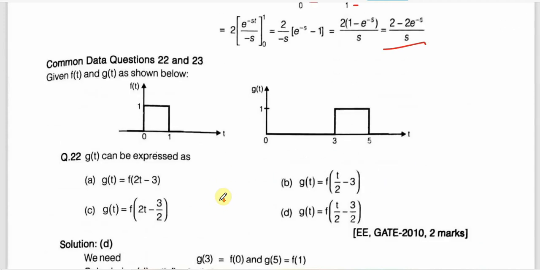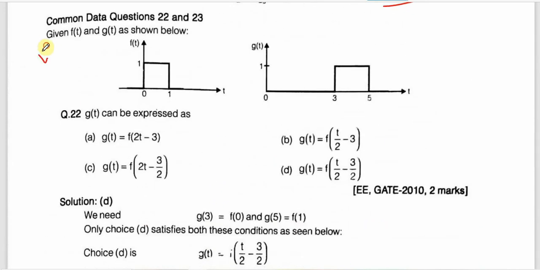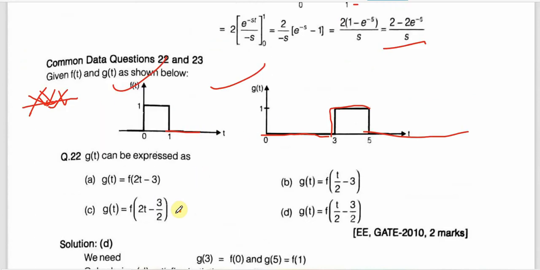Okay, it's very easy. Now this is again one important question. You have to think a bit in this type of question. These two functions are given, f of t and g of t. From 0 to 1 the value of f is 1, and after that it is 0. For g, from 0 to 3 it is 0, then from 3 to 5 it is 1, and for values greater than 5 it is 0. It asks what you can relate between f of t and g of t. This type of problem can be related by looking at this here. Listen here.